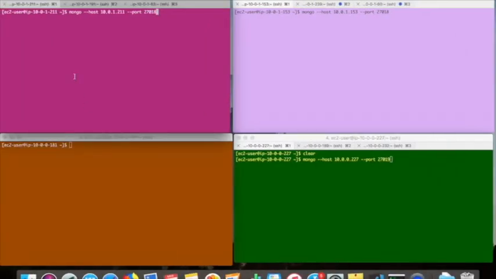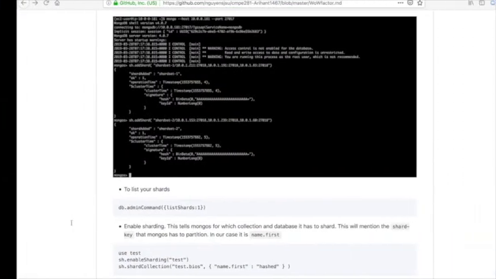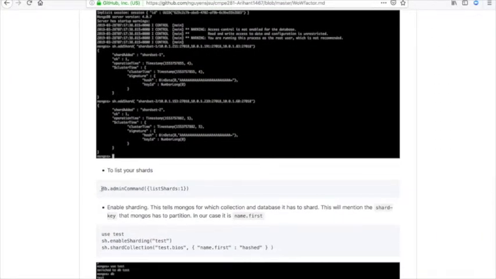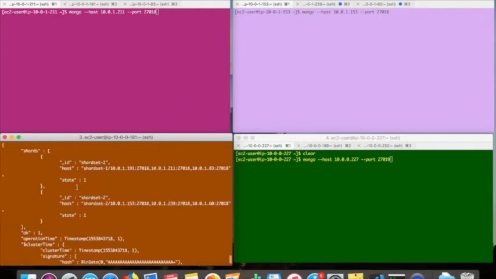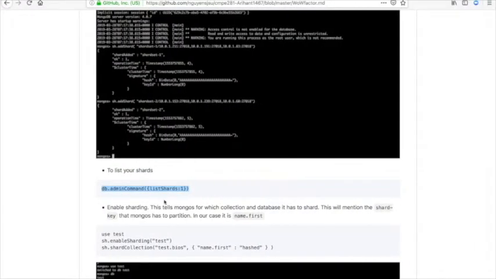So I've already SSH'd into my instances. This is my shard 1. This is my shard 2 cluster. This is my Mongos instance, and this is my config server cluster. So let us go into our Mongos instance. So I enter into my Mongos instance. I'll check what shards are involved. As you can see, my shard1 replication set and shard2 replication set are the available shards, and we'll